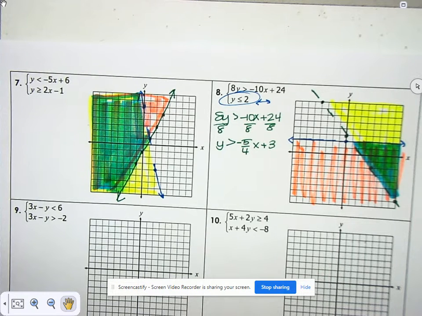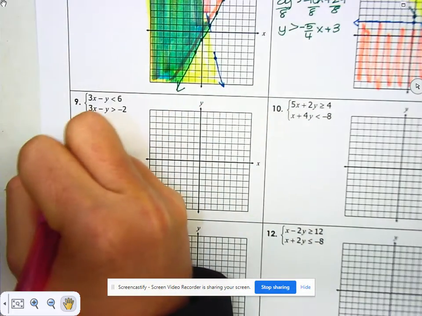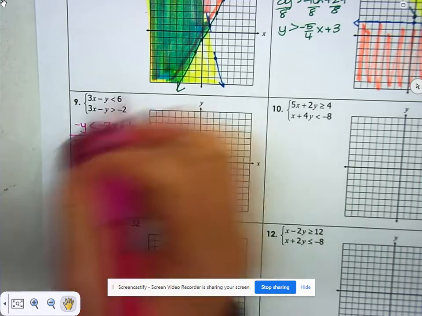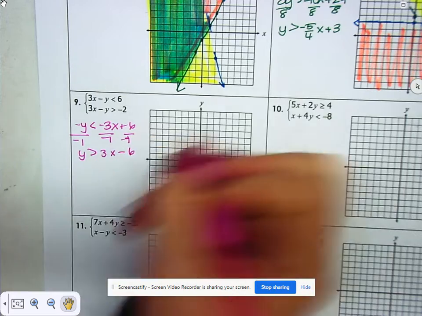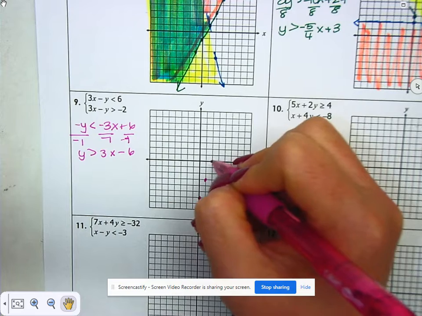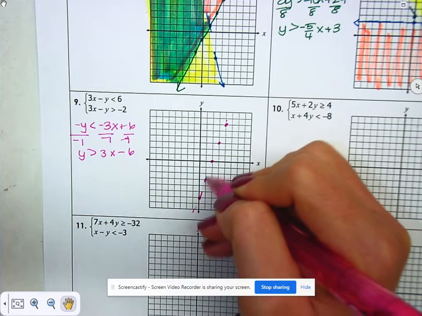All right, so we're going to knock out number 9. Both of these need to be solved. On number 9, they're neither in slope intercept form, so we're going to move the 3x first. So that gives me negative y is less than negative 3x plus 6. Divide by that negative 1, so you do flip your sign. So that's 3x minus 6. So I'm going to go down 6 and go up 3 and right 1. And that is a dotted line